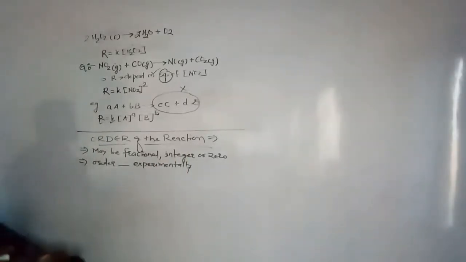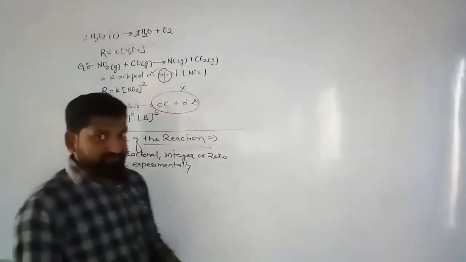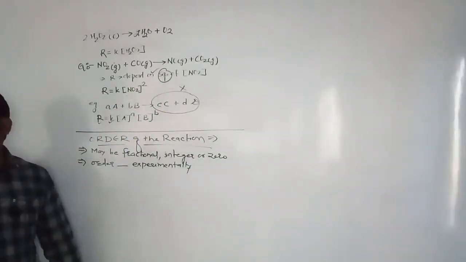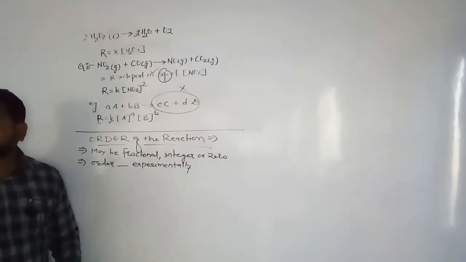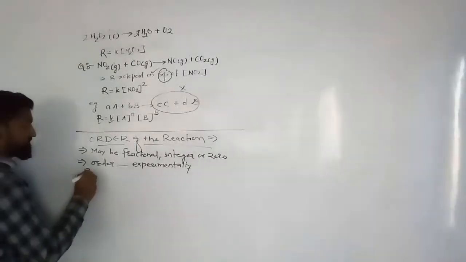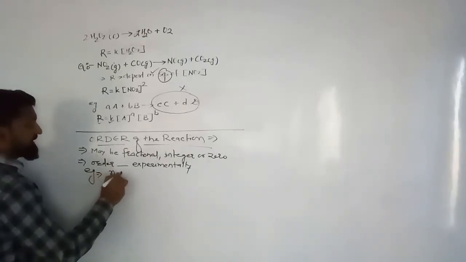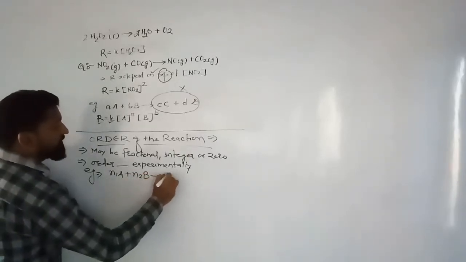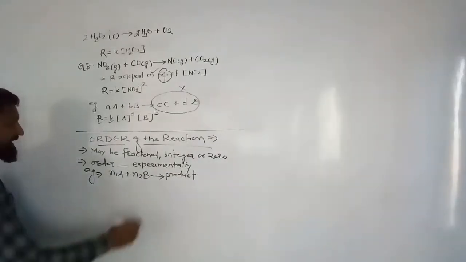Now what is meant by order of the reaction? Order of the reaction is defined as, see carefully, the algebraic sum of the powers raised to the concentration of the reactant. For example, if the reaction is like this, n1 A plus n2 B giving product. We are not interested in the product here, as we know it is independent. Yes or no? Then write the rate law.